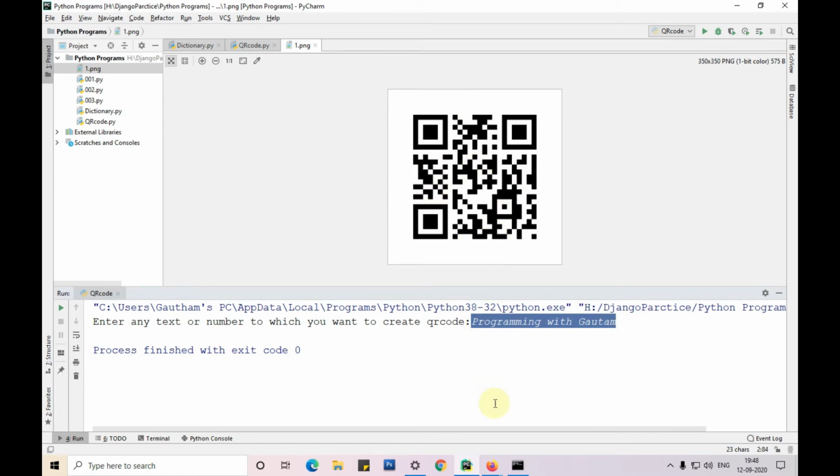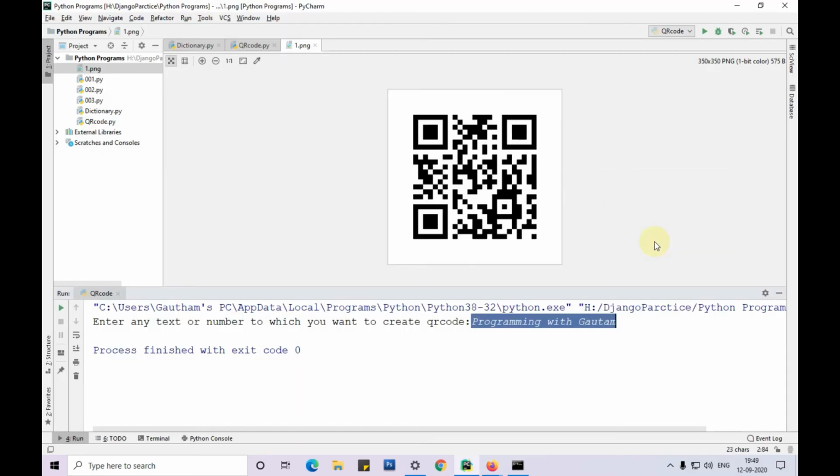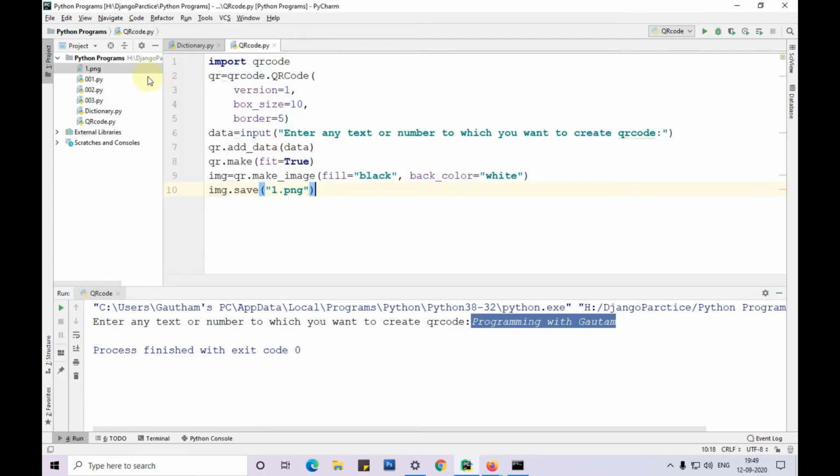The main advantage of QR codes is that you can write any amount of data, however much data you can write. I'll show you by writing this data, and you can scan it for yourself and check it once. See, I'm writing this much data, but that will be saved in such a small file. I'm closing the file here and also creating a new file, that is 2.png.